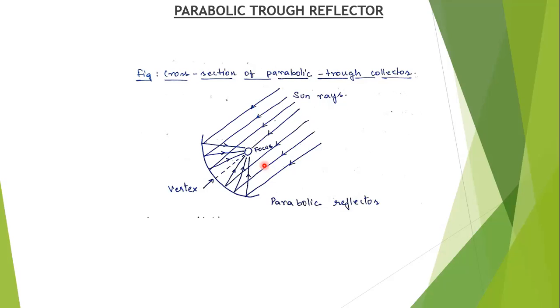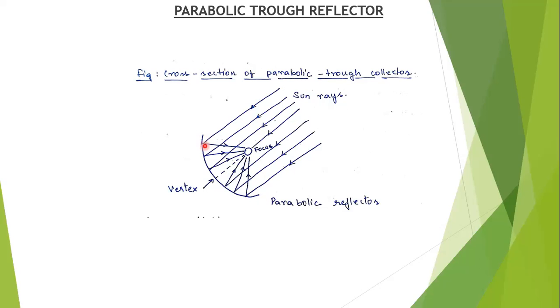So parabolic trough reflectors are made of highly polished aluminum. These are made of aluminum, so they are a little bit lower cost. The parabolic trough reflector is also made of silver glass or a thin film of aluminized plastic on a firm base. The reflector is constructed from a number of long plate strips. Here, this is a reflector, constructed from a number of long plate strips.